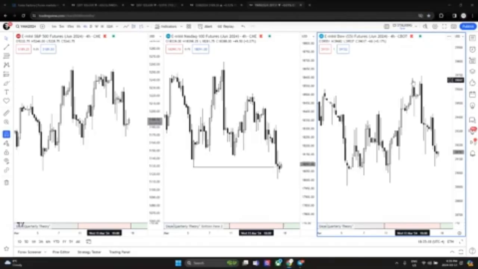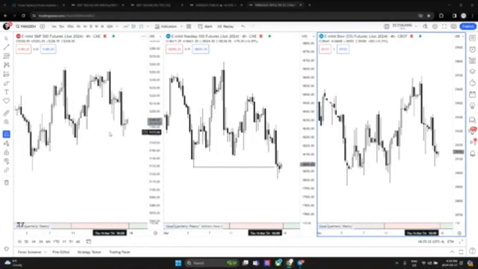You don't want to just see price create a low and then go upwards. No. You want to see price create a low, then wait for a sequential SMT. And if that doesn't happen and price just keeps going, you leave it alone, because then you're just working within